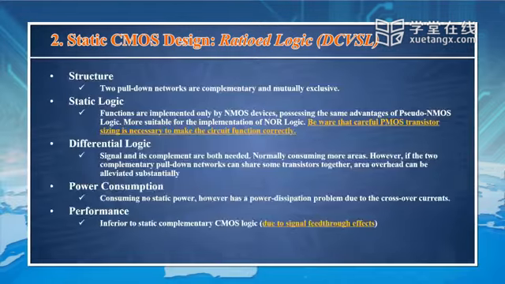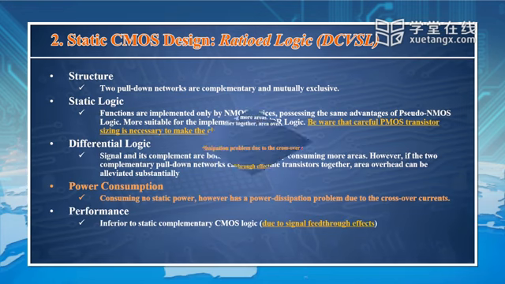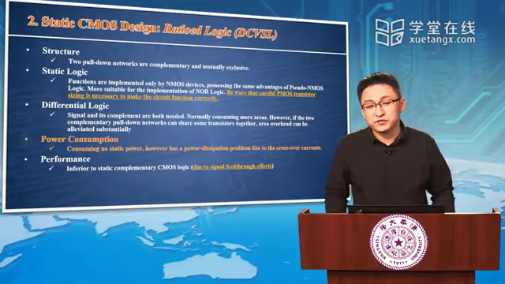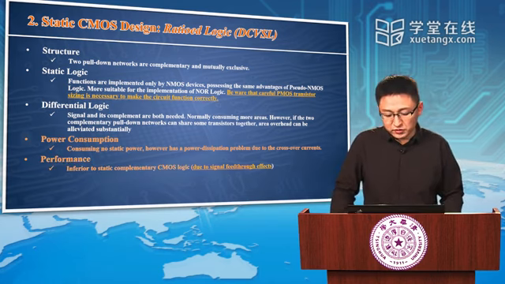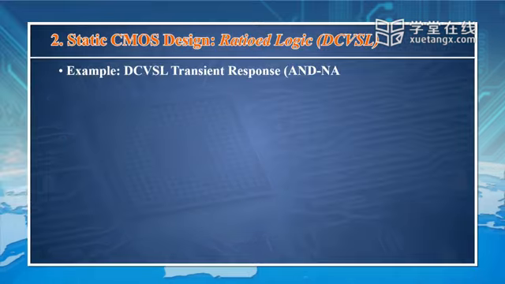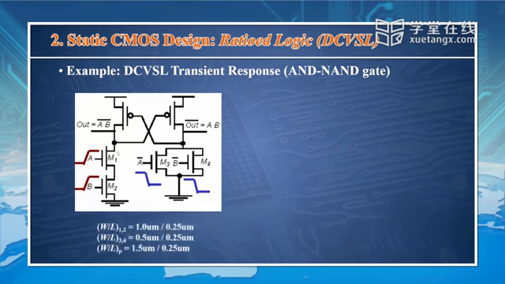In terms of power consumption, it consumes no static power, however, has a power dissipation problem due to the crossover current. Crossover means the transition, the process of transition. And performance is inferior to static complementary CMOS logic due to signal feedthrough effects. I will introduce it later. So you can see here, we have